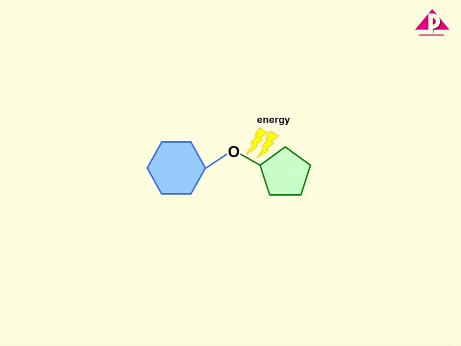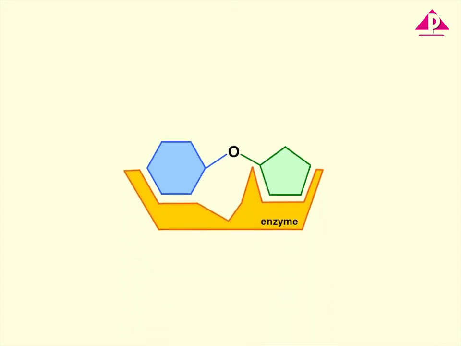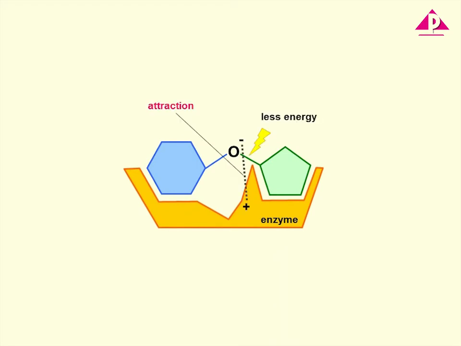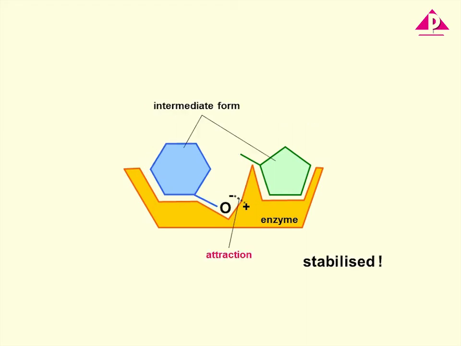A large amount of energy is needed to break the strong glycosidic bond between the glucose molecule and the fructose molecule, if no enzyme is used. By binding with the substrate, the enzyme helps stabilize the intermediate form of substrate and therefore lowers the energy barrier of the reaction. To make it easier to understand how enzymes provide an alternative pathway with a lower energy barrier,